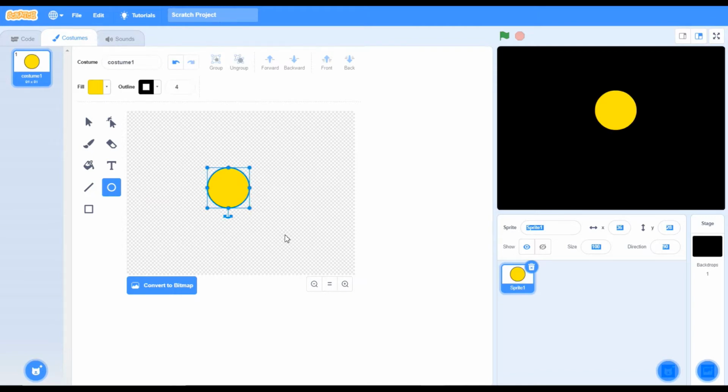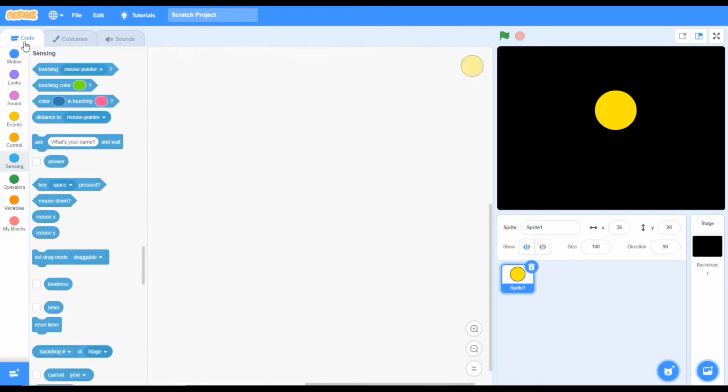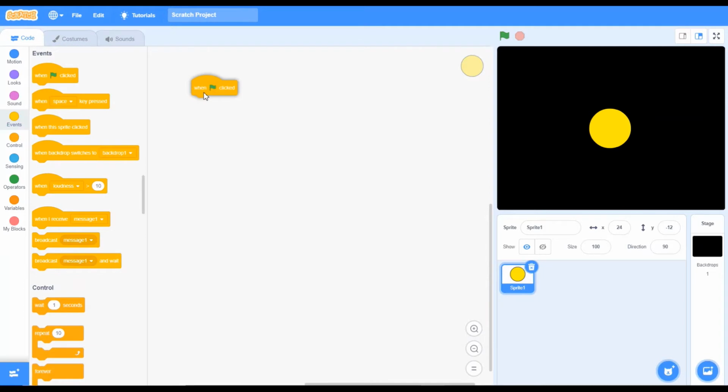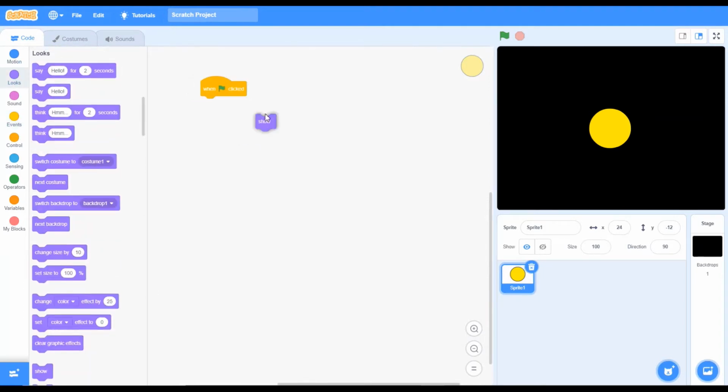Actually, I will not change the size here, because I can go here and change the size, then go back to the coding. There is nothing to do in the sun. Actually the sun is important because it controls everything, but in Scratch not. So we will simply go here: when green flag clicked, we want it to show. Okay, done. Now the sun's coding is done. Very small coding. The codes are not over yet, and the fun part begins now.